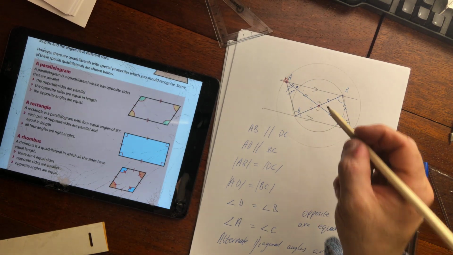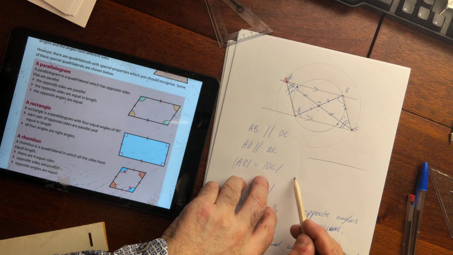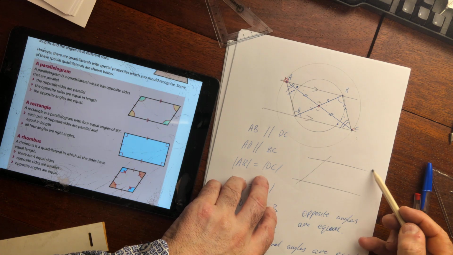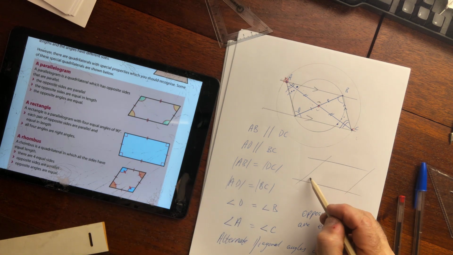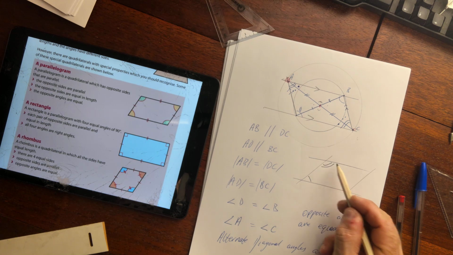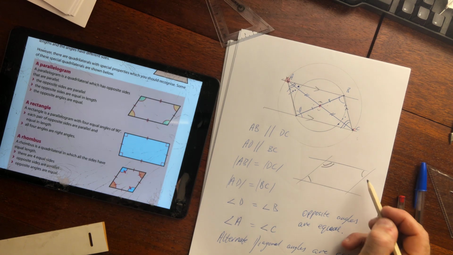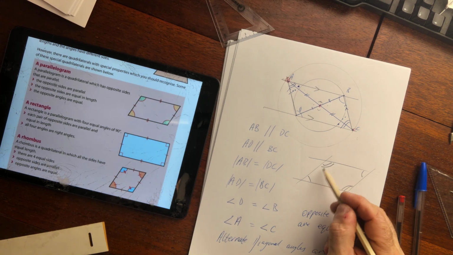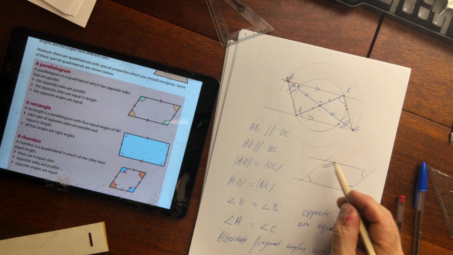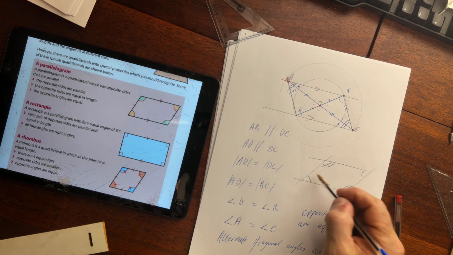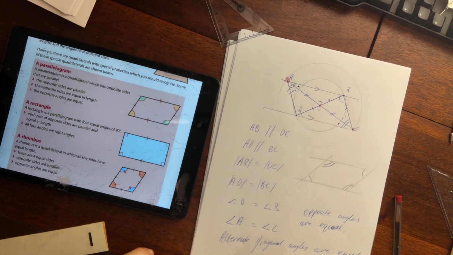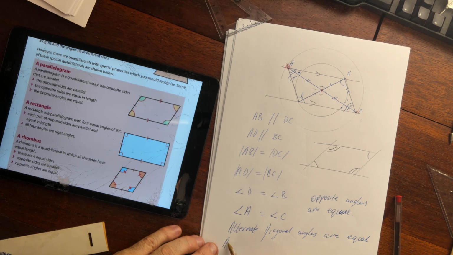Furthermore, if we go back to the original, let me just sketch one here, but assume this is a parallelogram. This angle and this angle together, these two form 180 degrees. They're supplementary, they're the same as a straight edge. So we say that adjacent, which means beside, adjacent angles in a parallelogram